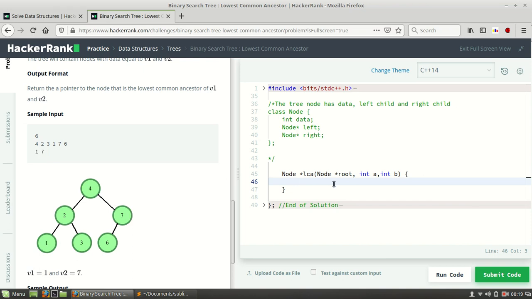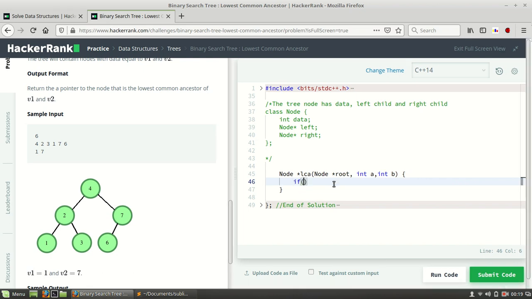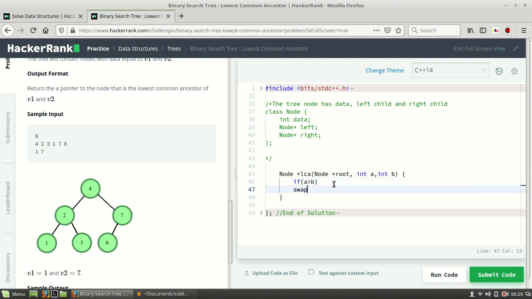Suppose in any case a is greater than b, then we should swap a and b.